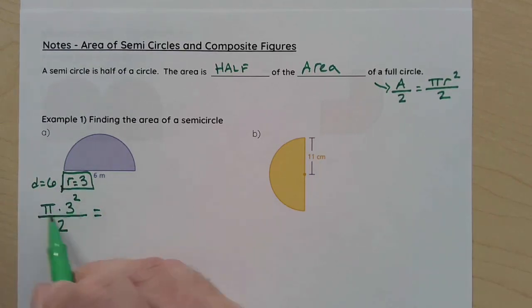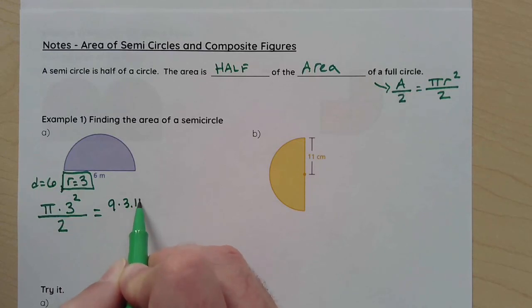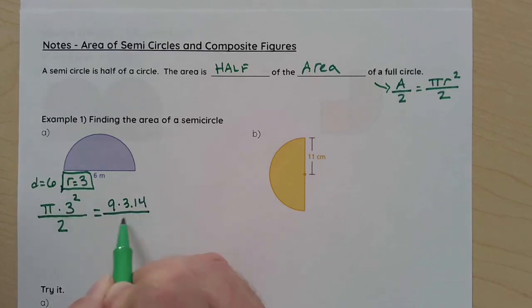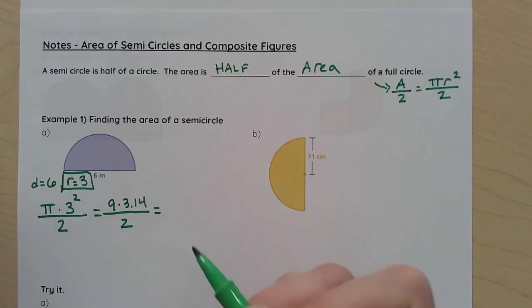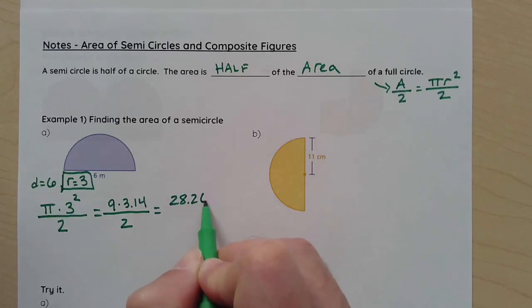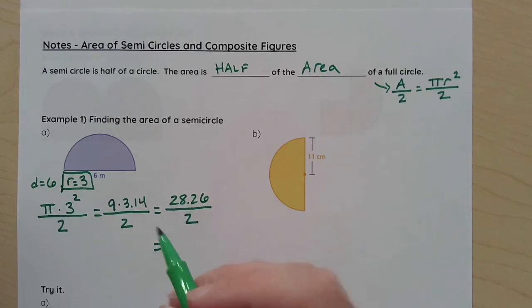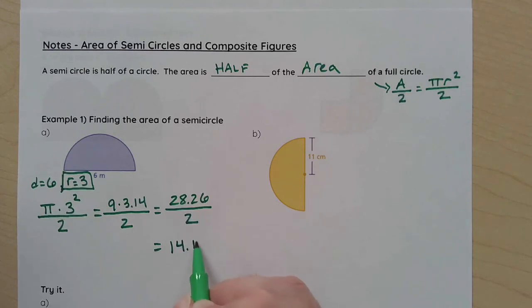So the top, pi times 3 squared. So 3 squared is 9. 9 times 3.14 divided by 2. 28.26 in the numerator divided by 2. This gives me an area of a semicircle that is 14.13